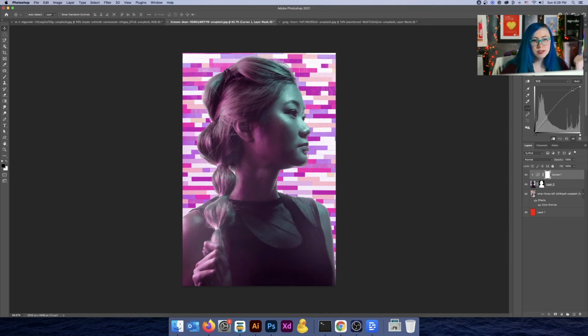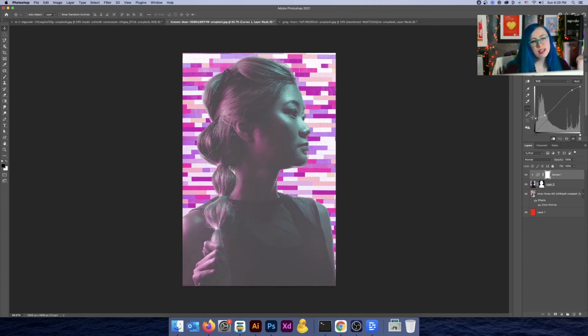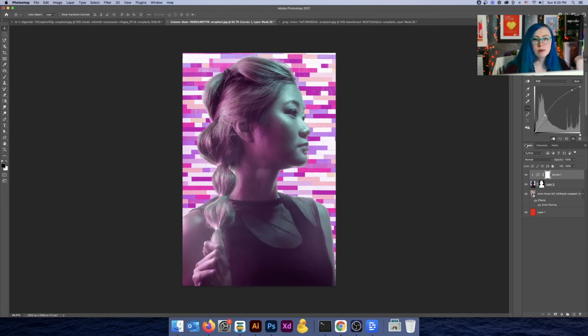I want the midtones just to be a little bit brighter, and I want my shadows to be a bit brighter too. Maybe not that bright though. It's a little too bright. Sometimes you just play with this, you know? You wouldn't want something like that that looks kind of funky. I don't want to wash out the blacks. Similarly, I don't want to make the lights too dark or too bright. So I'm really looking on this tone curve to kind of just make her a little bit brighter so that she matches this really bright look and feel in the background. And now you can see that we've gotten to a place where they're really starting to look good together.